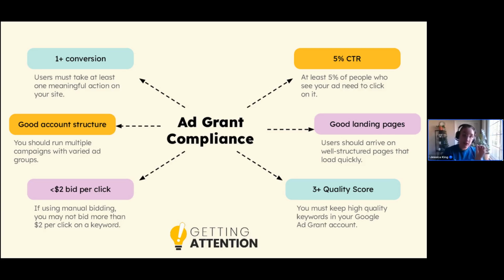So if you were setting your own bid, Google says you can't bid more than $2 per click. That's because Google wants to prevent people from going nuts and ruining the search results by bidding all $10,000 on one click or something ridiculous like that. Maximize Conversions uses Google's machine learning, takes the bidding control out of your hands, and lets Google set the price. Google is not worried about Google setting the price, so they'll let you bid higher than that, which allows you to access more competitive keywords.